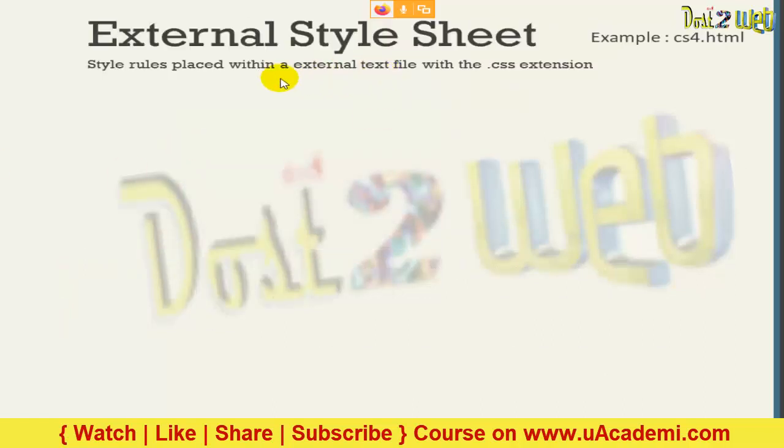Then what will we use here? Now we will be using an external style sheet. The solution of this, so as not to discourage the maintainability, means you have to increase the maintainability and reduce the bandwidth. For that you are going to use an external style sheet.